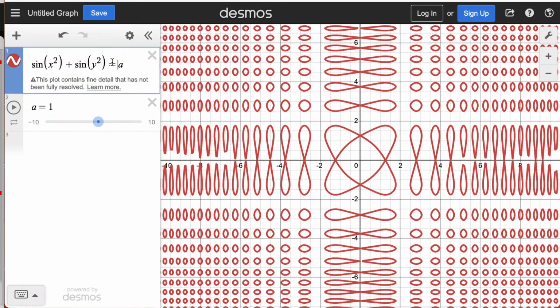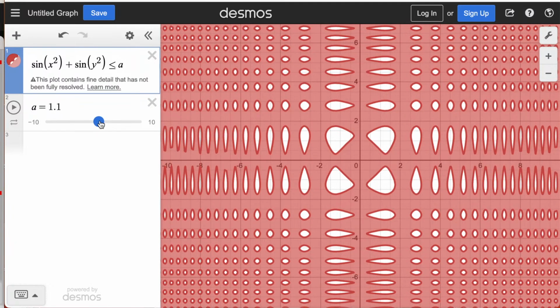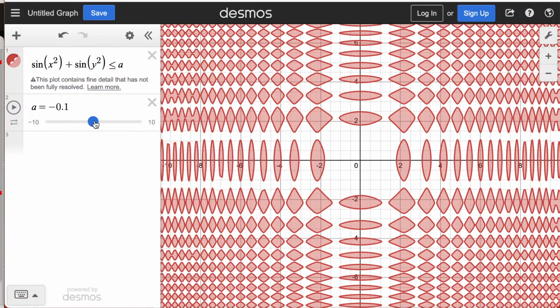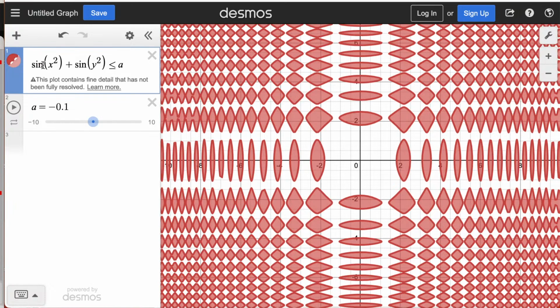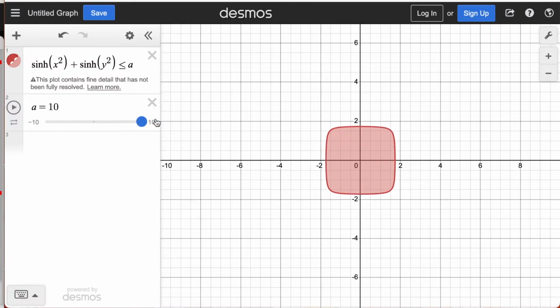And they get even crazier when we make them into inequalities, because then we color in much of the realm. Now we're seeing when it's more or less than whatever I have the slider set to. But today, for a little variation on that, we're going to use some hyperbolic trig functions, which will have slightly different behavior. In this case, a bit more boring. When we did the hyperbolic sine replacing the sines in that last one, we have this strange thing that looks like a circle growing and then becomes more and more square. We can guess that it would probably continue becoming more square as we cranked this up.